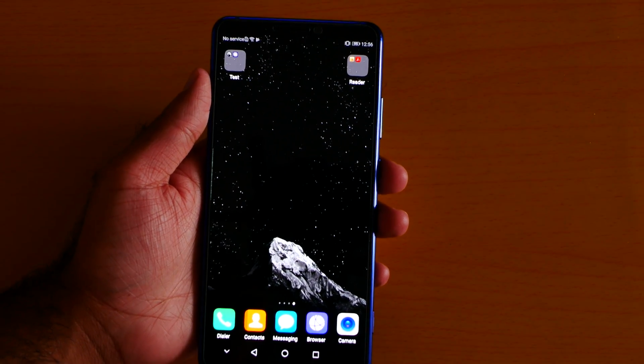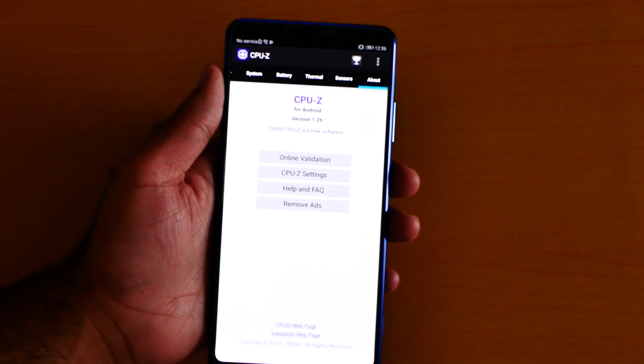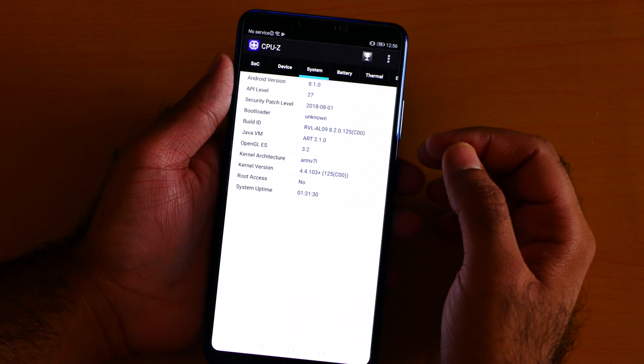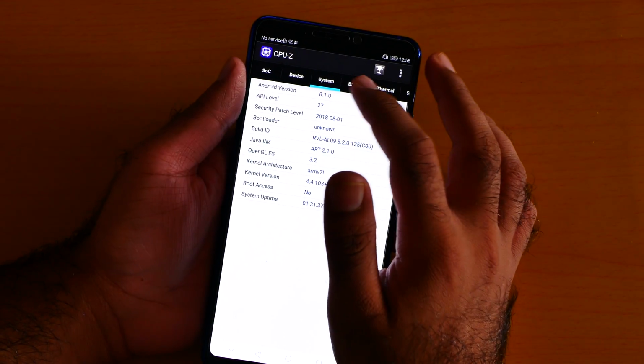So now I'm going to show you CPU-Z. Let me go to CPU-Z. Here we go. And then let me show you the specs. This phone is running on Android 8 Oreo, OpenGL 3.2, which is awesome for playing Dolphin emulator